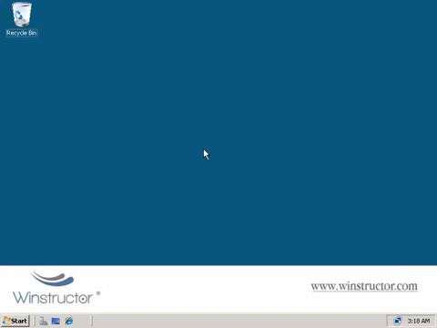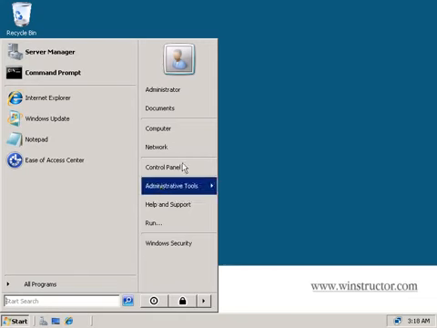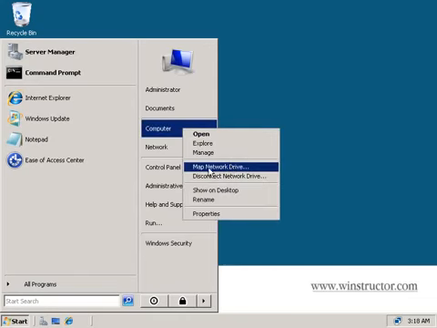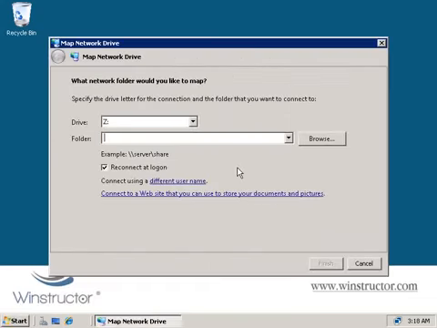Now I've just switched over to my Winstructor Sales domain controller here, so let's go and try and access the share that we just created in the Winstructor Lab domain. So we'll click on Start, right-click on Computer, and select Map Network Drive. Now I'm going to leave the default here at the Z drive. It really doesn't matter what letter I choose.